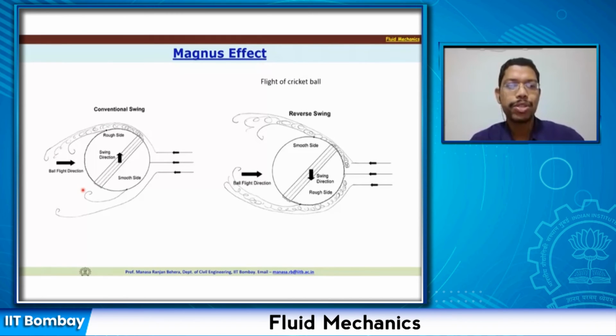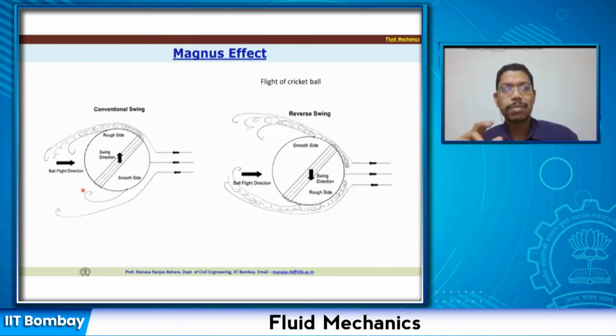And because of the difference in the pressure distribution, there is going to be a shift of this ball to one side, and that is what is going to convert into the swing. We call it the swing. So the ball drops, and then when it goes, there is a swing which happens, and we don't know how much swing it will happen. It depends exactly how the seam position was and what is the velocity with which the ball is going. So these unknown parameters are something which the batsman has to really guess and then act within a fraction of seconds. There is also reverse swing we have seen.